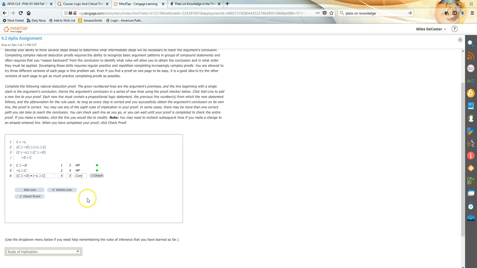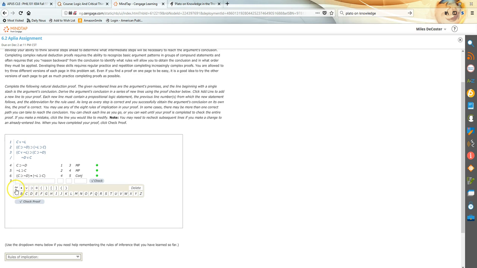And I'm doing this because I want to eventually run constructive dilemma, and constructive dilemma needs the 2 conditionals linked together as a conjunction. All right. Now once I have this, I note I've got the disjunction of their antecedents. Right, here's the C part, here's the not L part. So what I can add at line 7 is the conclusion that I was looking for, which is not D